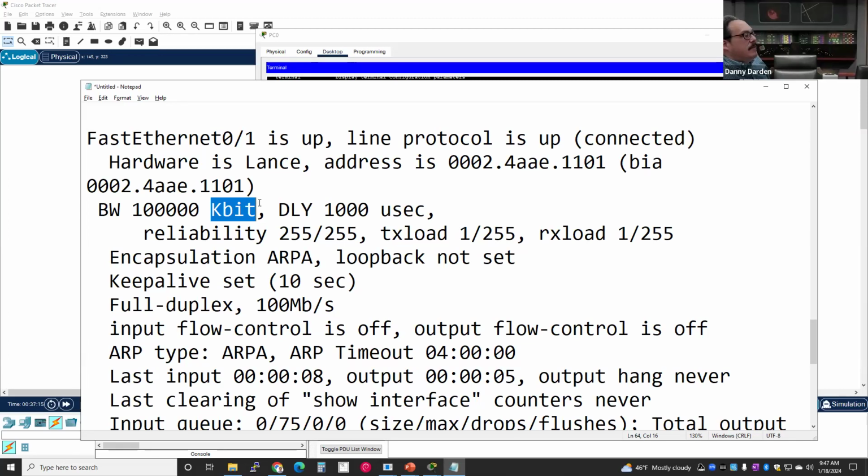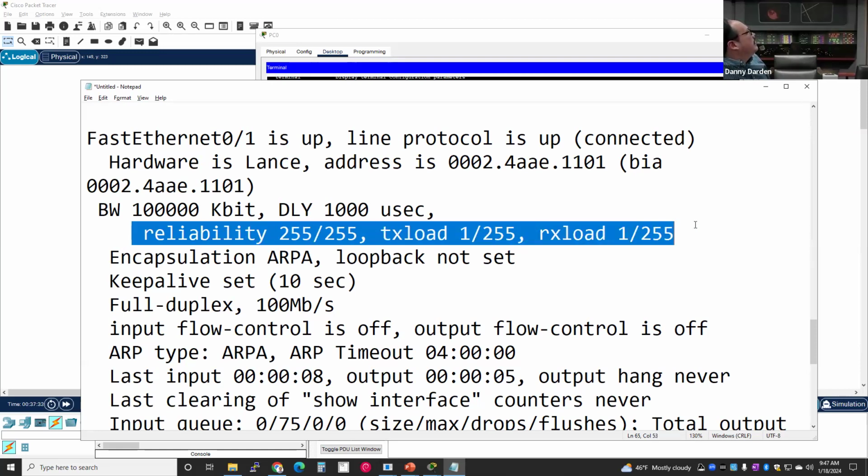Otherwise known as 100 megabits. Delay, 1,000 picoseconds. Or maybe that's microseconds. Yeah. And this is the reliability number, right? It's maxed out. There's nothing there to know. Sometimes that'll change, but